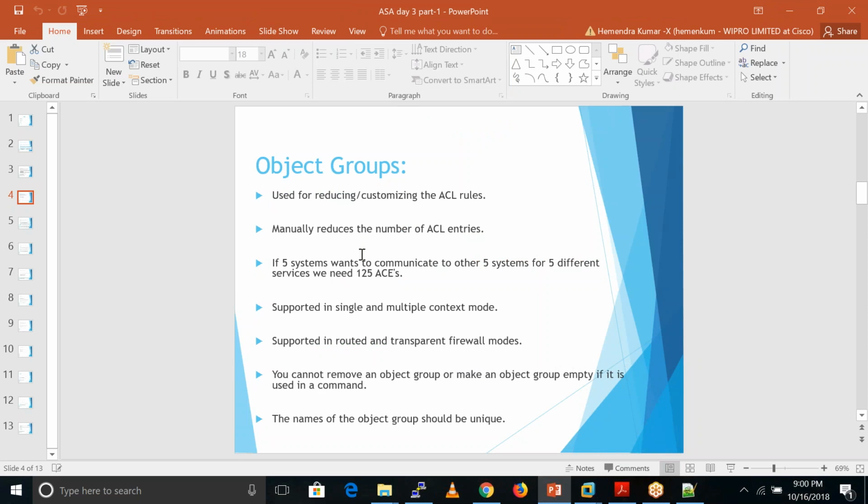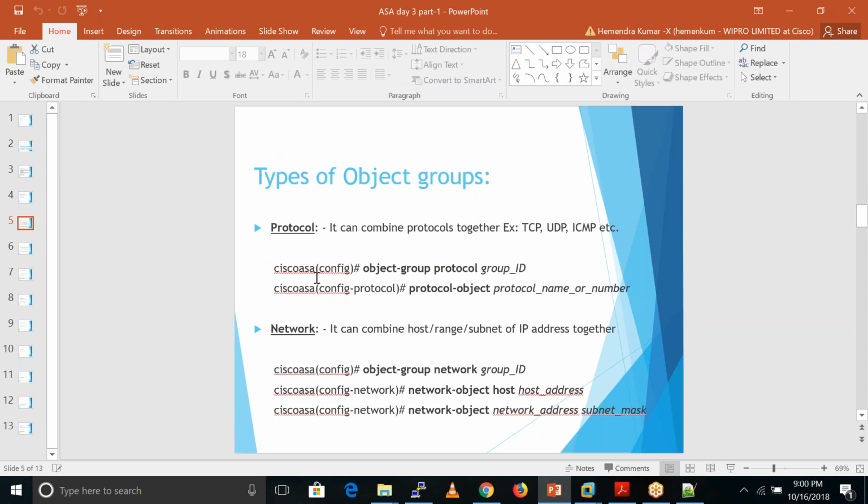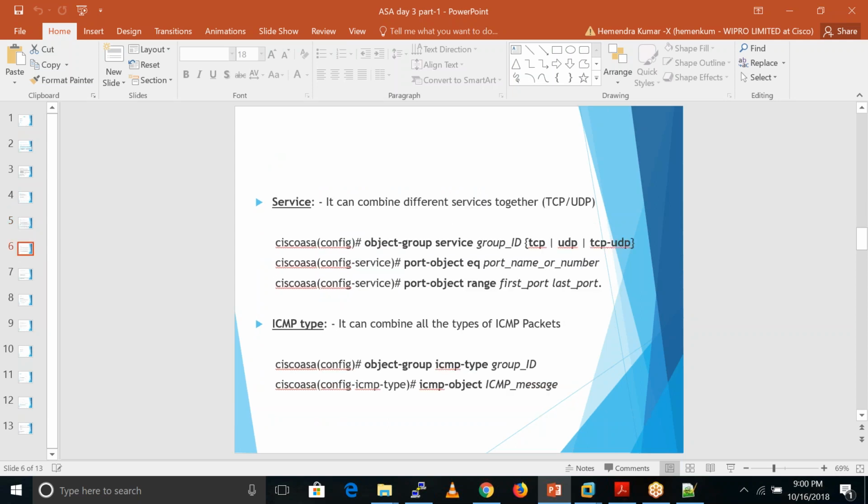Now you got the idea of the use case of objects. We have protocol type objects, network type objects, and service type objects, which can combine different kinds of services together.